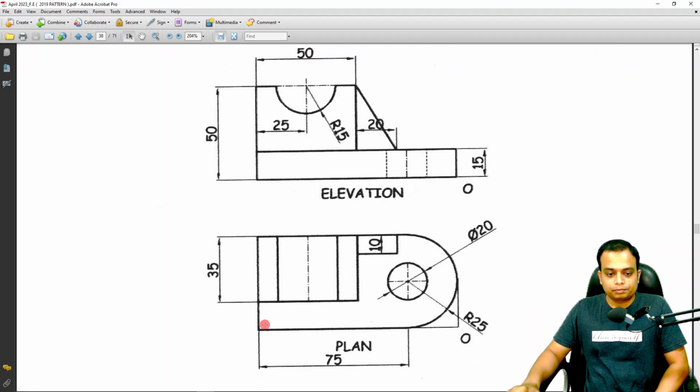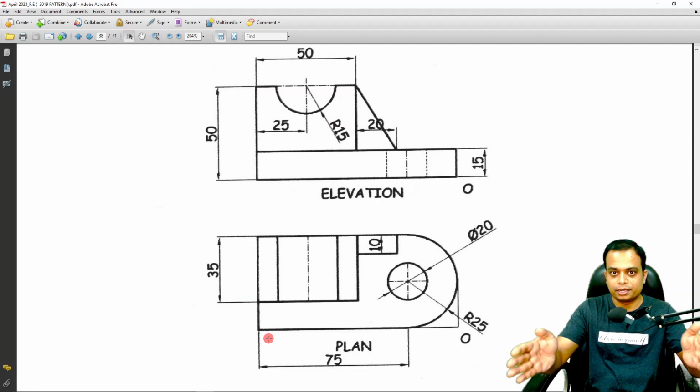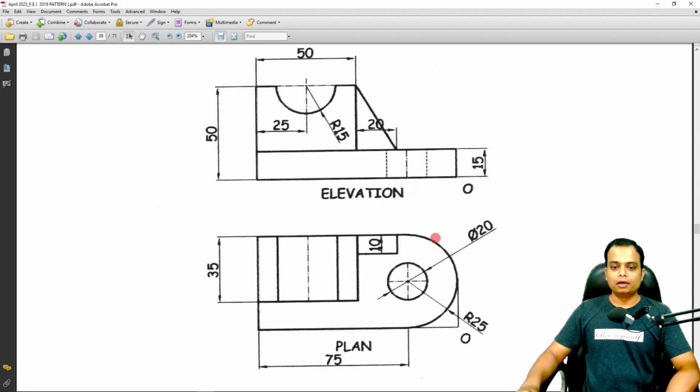Now, from the extreme left to the extreme right, this semicircular profile over here, this is 25 millimeters plus 75. So adding them up will give you 100. Length is 100. Secondly, the width. Width is this 35 plus, how much is this length? Sir, it's not given. How much is this? Sir, this is the diameter. So diameter is double the radius, that is 50. So if the length is 100, the width is 50, and you can see that the height also is